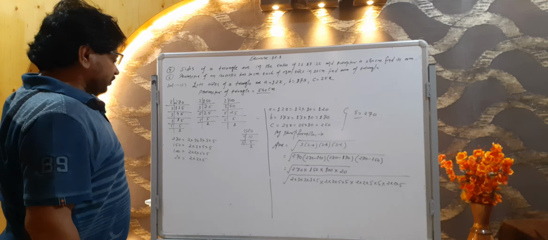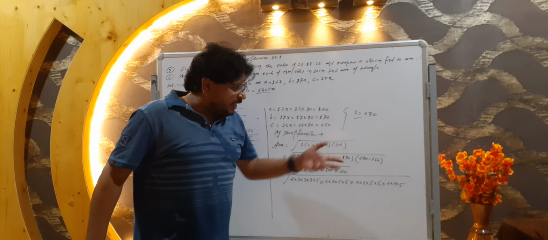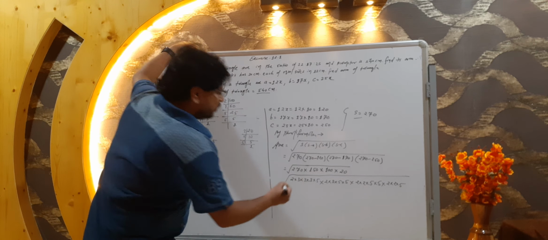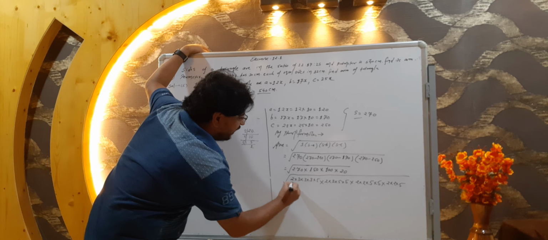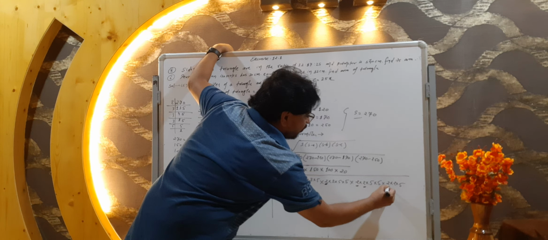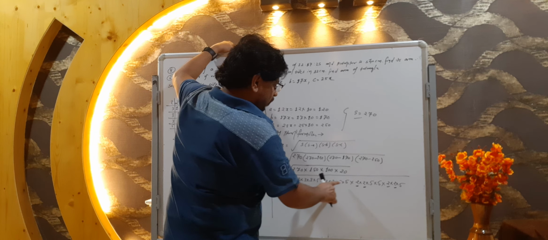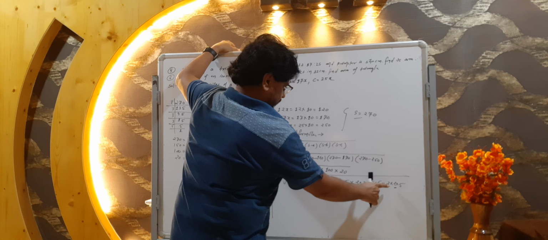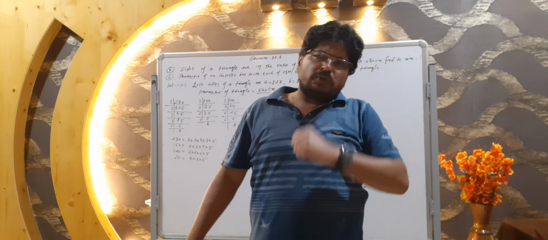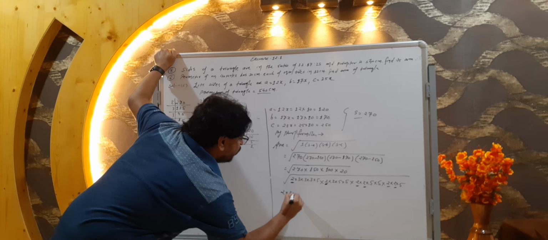Clear? Now see here. How many times 2, how many times 3, how many times 5? According to this, we will take it out from under the root. How can we remove it? Let's see here. How many times 2? 1, 2, 3, 4, 5, 6. Inside the square root, that's 2, 6 times. So outside how many times? 3 times. So what can we write here? 2 into 2 into 2.